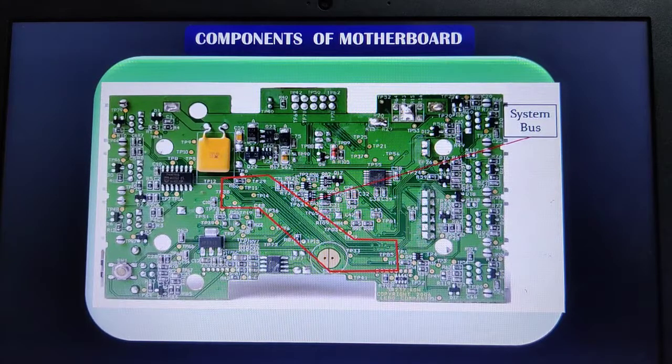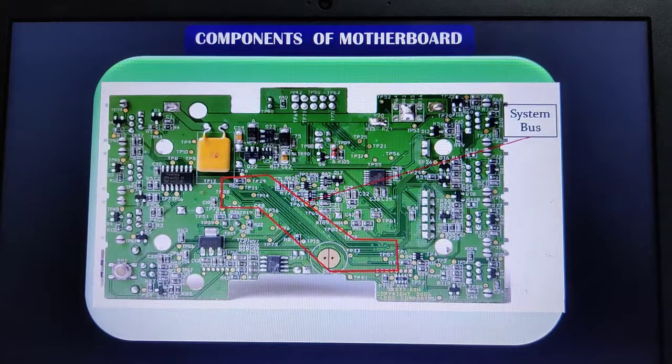If the speed of the bus is high, obviously the data transfer between the processor and the RAM module will be very high. Then the processing speed of the CPU will be very high, and therefore the performance of the computer will be very fast. So all these are interconnected with each other. Whatever system bus we are using, it should be faster in transferring the data.